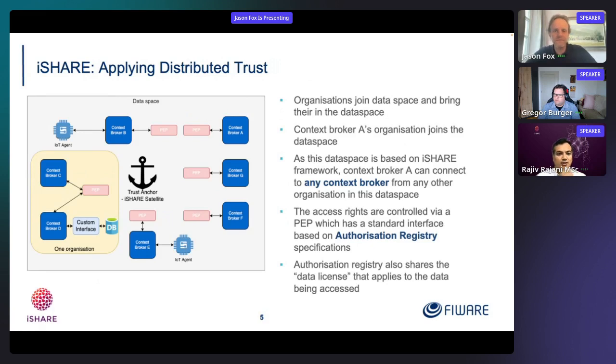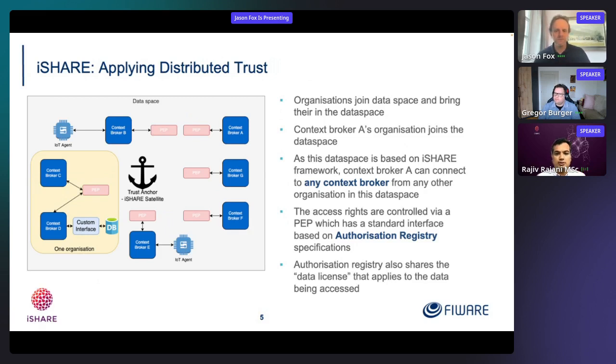So as Jason already explained, that is the FIWARE-only perspective of a data space. But of course, there are still open questions in terms of security and how you trust each other, and how you still keep the data space open so that other participants can still join your data space and benefit from the standardization of your tech stack, and they are also interoperable with you. So presenting to you is the concept based on the iSHARE framework, where we introduce a trust anchor, which you can see on the screen, which acts as a trust provider